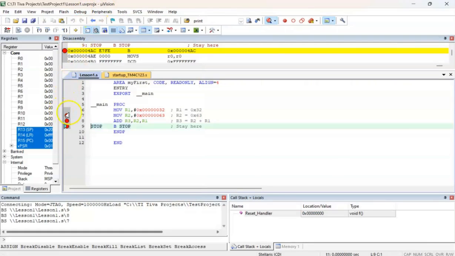Okay, before I run the program, on this side of the IDE, the panel is called the register panel. Notice the registers R0, R1, R2, and so on are listed in the register panel. So take note of this. All your registers are here. Remember, we talked about the registers at the beginning of the video, so you can see them in the register panel. This only appears when you are in a debug session. Now go back to debug